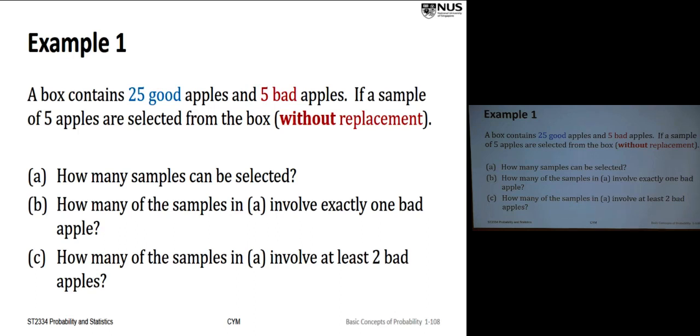Okay, thank you. Welcome. Yes? This one is the binomial